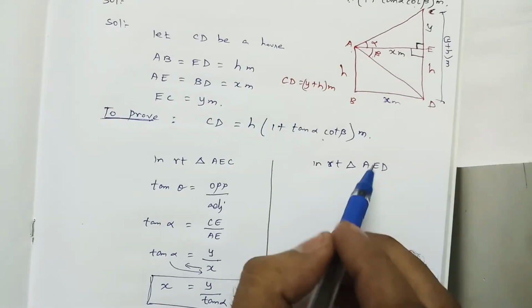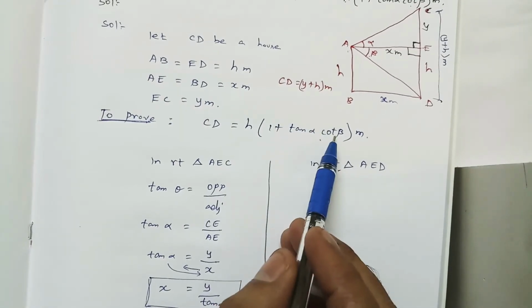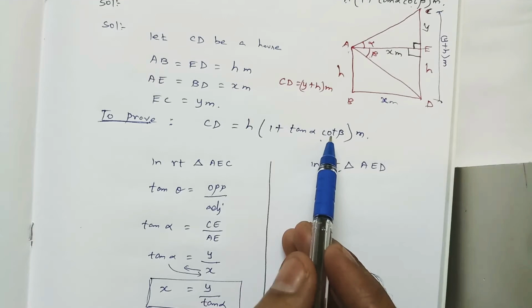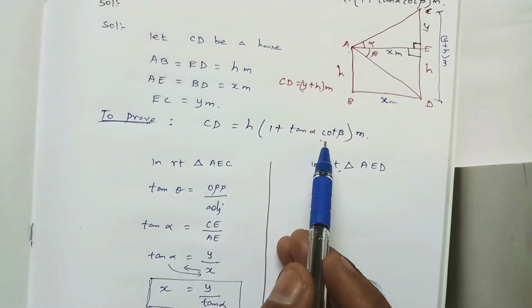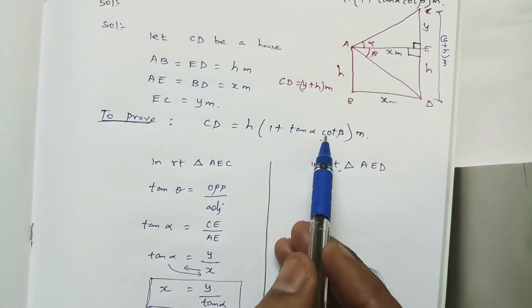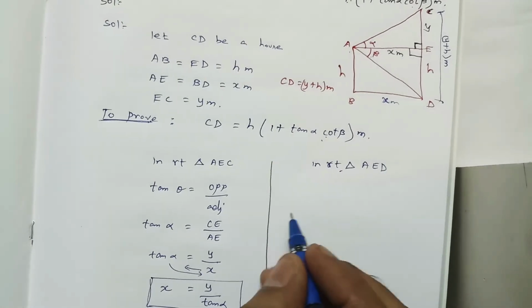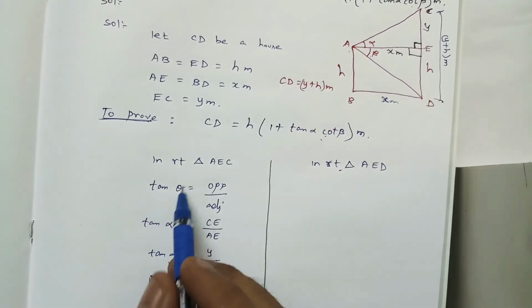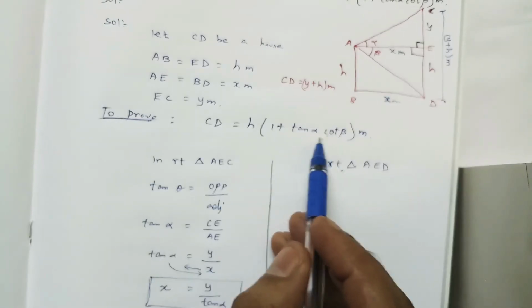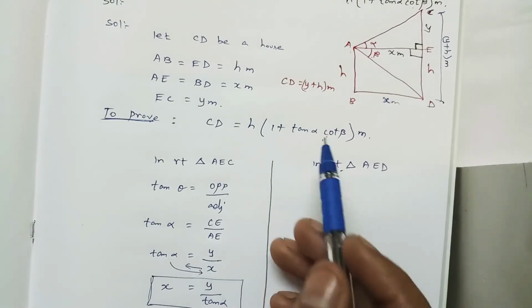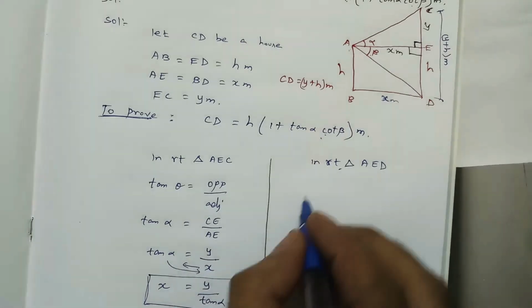So before that, in the right angle triangle, for beta, what do we need? See the proof, what things we need. From that only we have to take and prove that. Cot theta we need, right? Here tan we need. So tan alpha is nothing but tan alpha, and beta is nothing but cot beta. Directly you can take it in terms of cot, right?